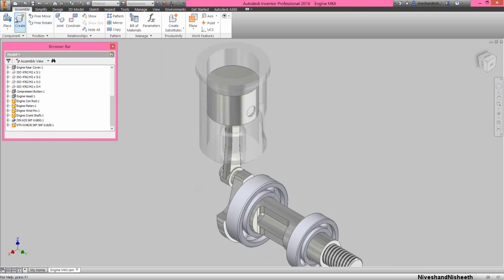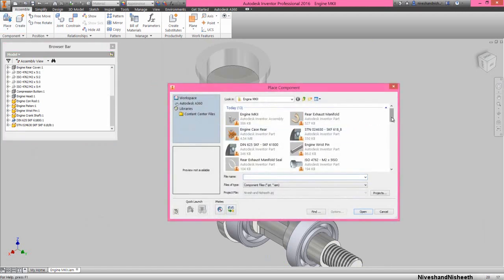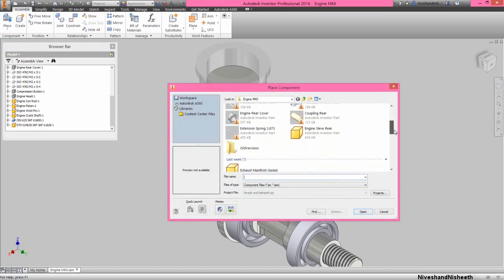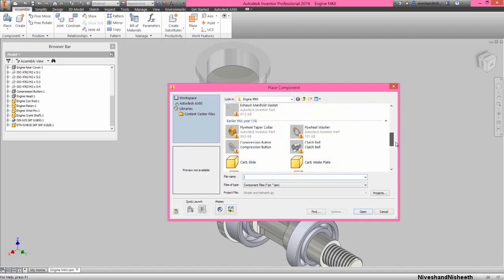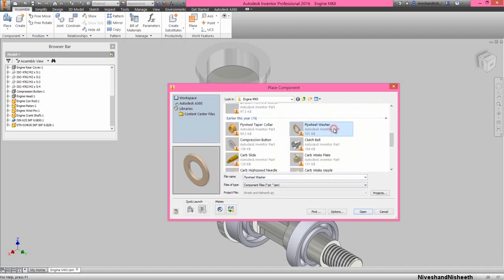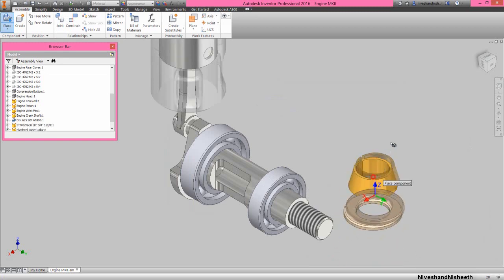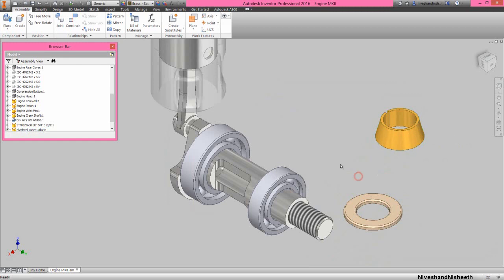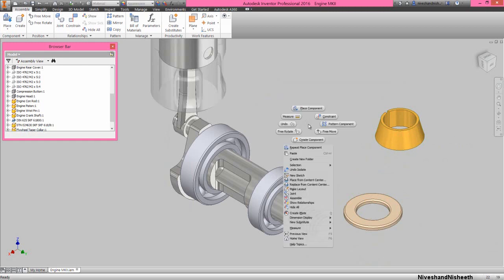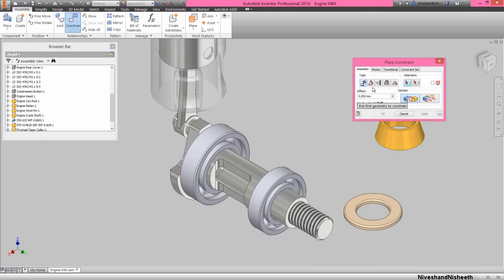Now we will activate the place component command and place the part flywheel taper collar and flywheel washer in this assembly. Activate the constraint command.